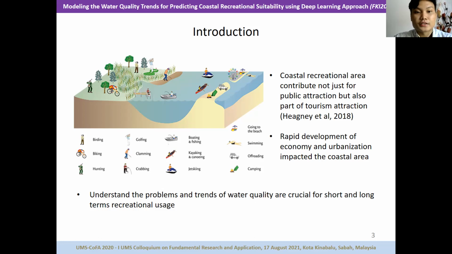As time goes by, rapid development of the economy and urbanization, not just at the coastal area but also at that particular area, including construction, manufacturing, and so forth, do impact the coastal area, especially the water quality at the coastal recreational area. As the issue addressed, we need to understand the issue highlighted and also the trends of the water quality for short and long term recreational usage. So in this research,